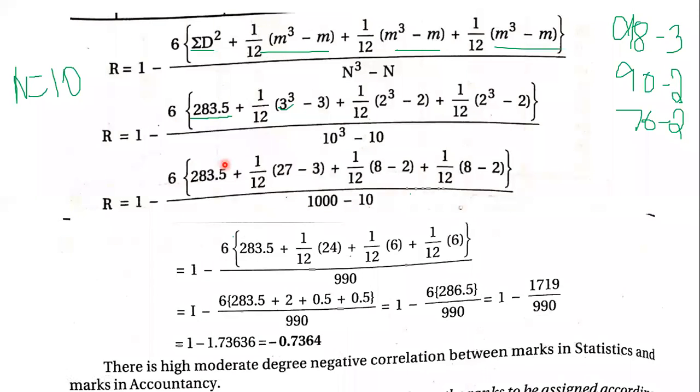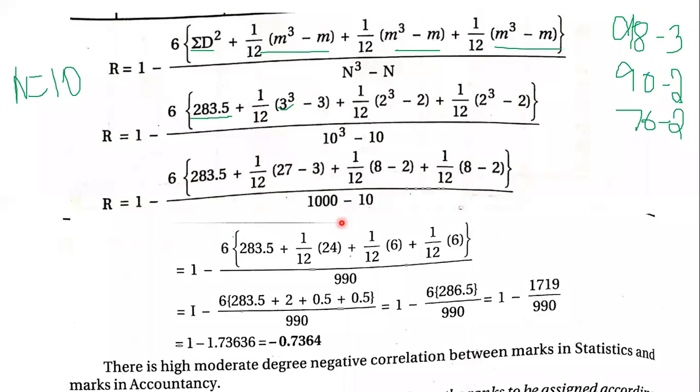Now the rest is simplification. 6 into 283.5 plus 1 by 12. 3 cube is 27. 3 3s are 9, 9 3s are 27, minus 3 will remain. Then again plus 1 by 12 into 2 cube. 2 2s are 4, 4 2s are 8. So 8 minus 2, plus 1 by 12 into again 8 minus 2, whole divided by